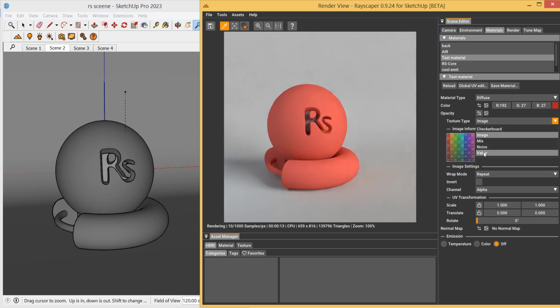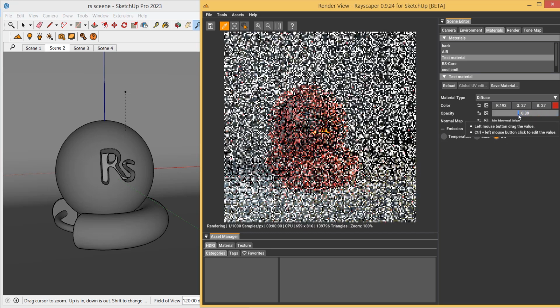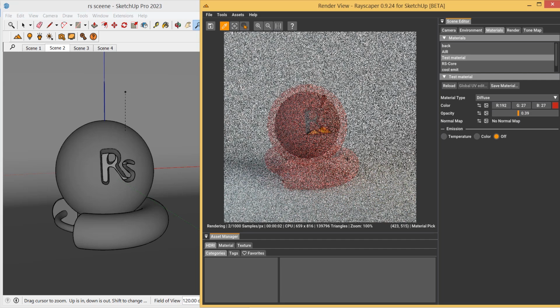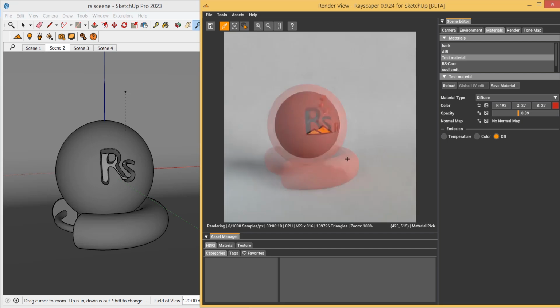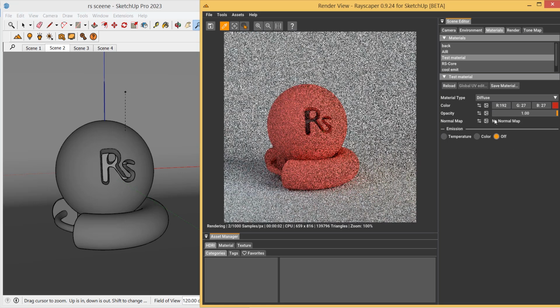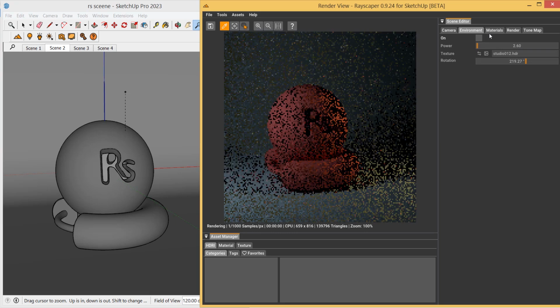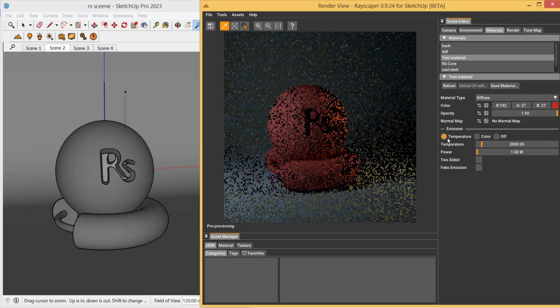By decreasing the opacity of the material, you can see that it is now a transparent, simple material, like for example paper or something like that. And also, instead of color, you can choose other options such as maps. I'm going to add emission, so I turn off the environment, and from the emission part I am going to